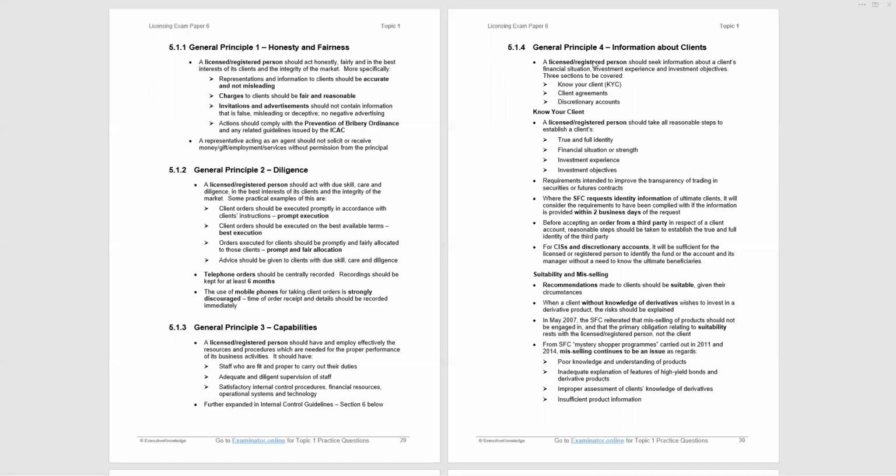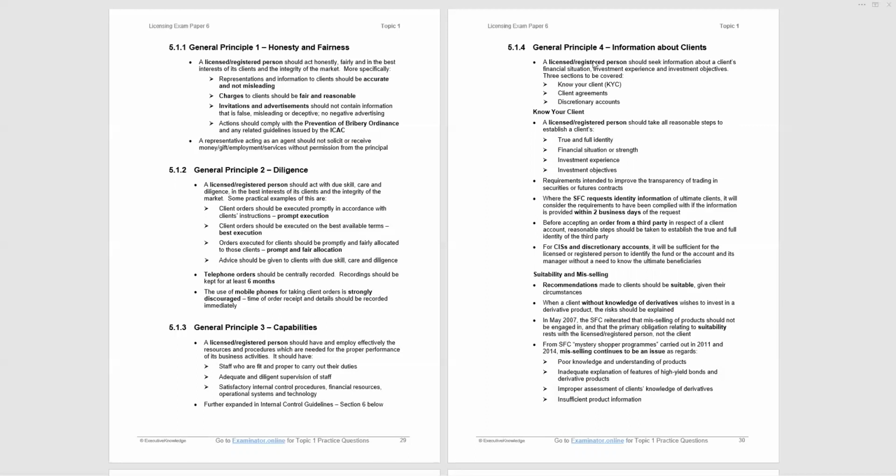Principle 3 covers capabilities of both individuals and intermediaries, and with regard to intermediaries, really the bulk of it is under the internal control guidelines, which we will be looking at in the next section, section 6. Principle 4 on information about clients is the word know your client. Who is the client that is behind the order or behind the portfolio that you are managing? And as it says there, you should